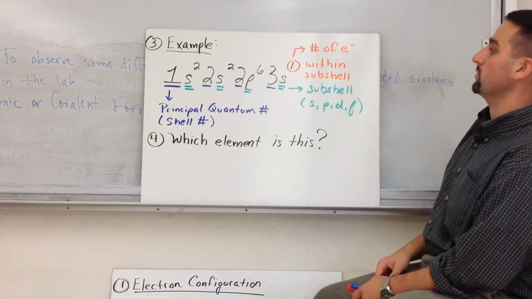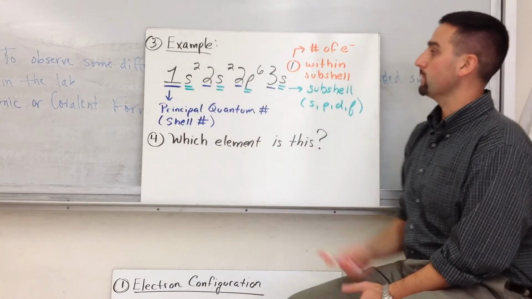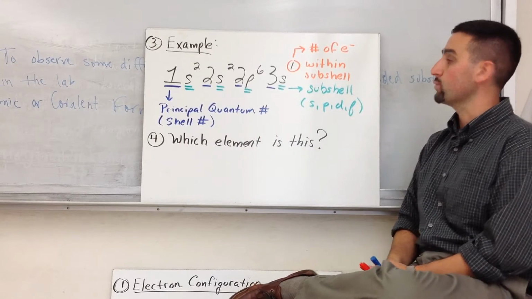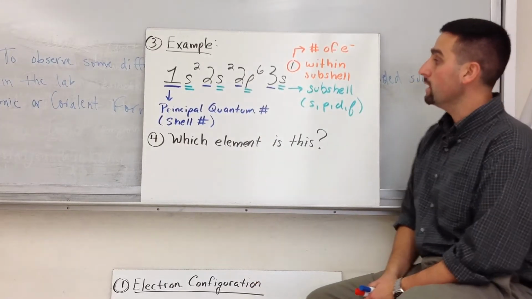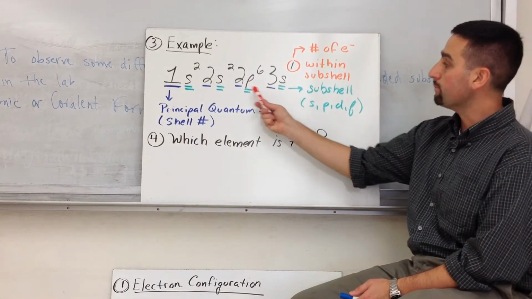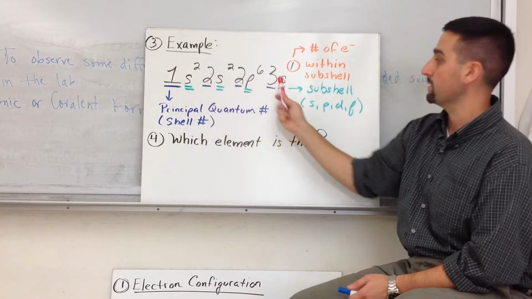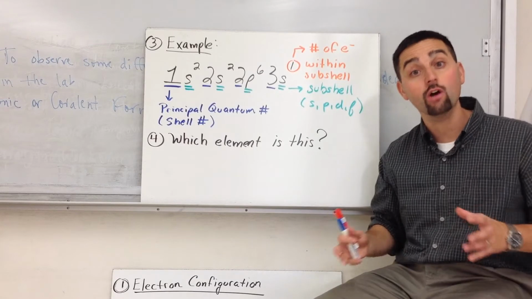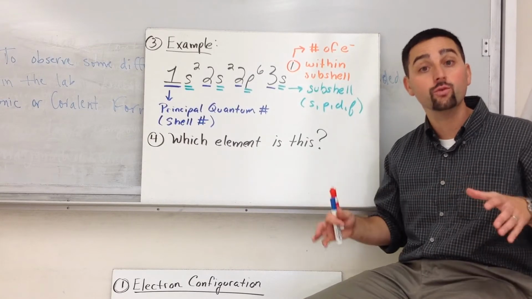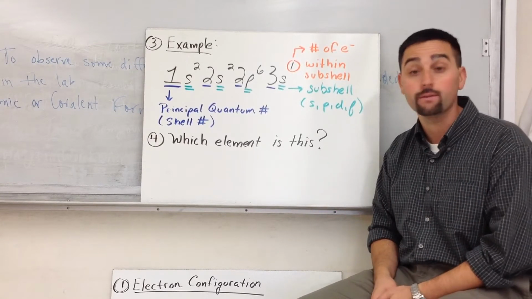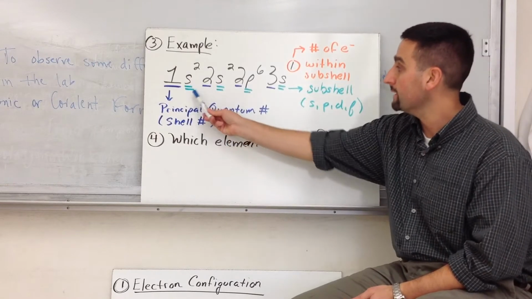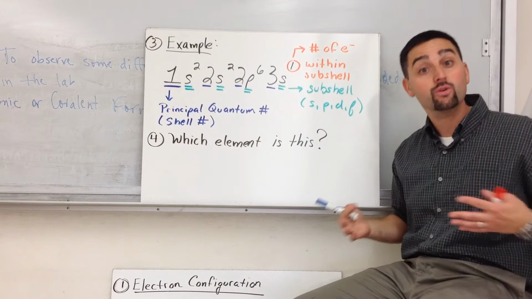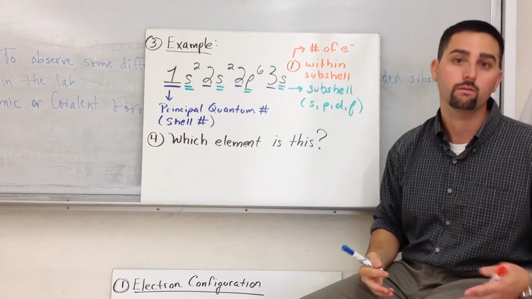So here's an example of a configuration. 1s2, 2s2, 2p6, 3s1. Now, what's in blue here, the 1, the 2, and the 3, this is the principal quantum number. It's the shell number outside the nucleus where electrons reside. Underlined in green here, there's s's and there's p's. These are subshells within the shell. For example,